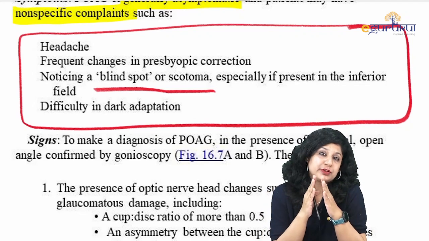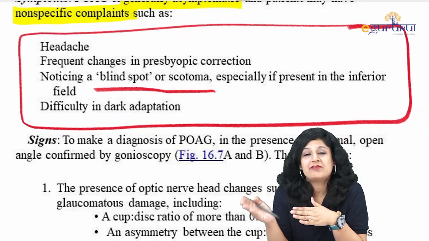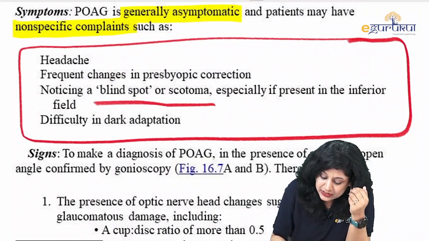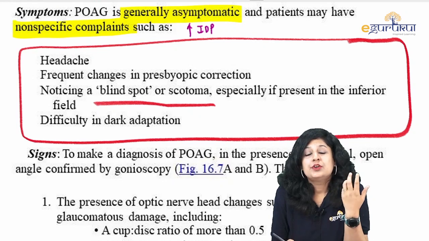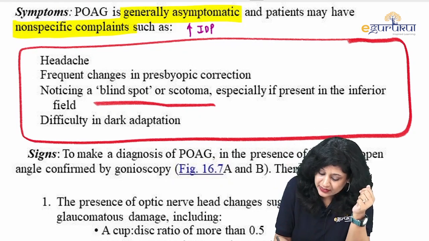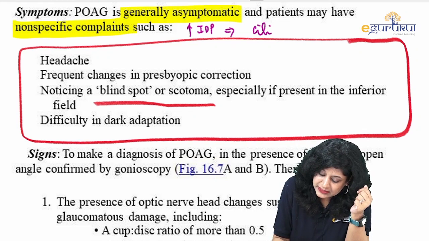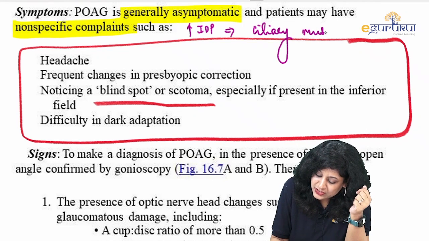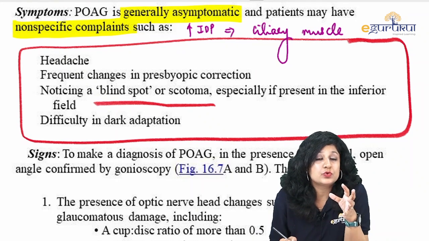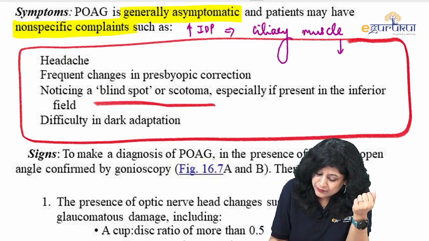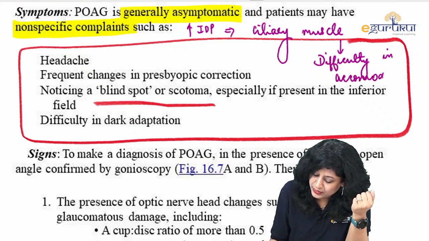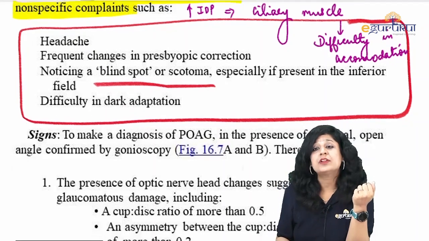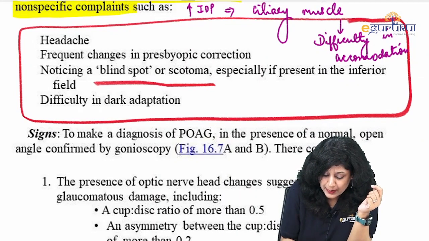What is the basis of these changes actually, why are we having these symptoms? The reason is that this patient is basically having increased intraocular pressure. The pressure is very high. Now due to this pressure, there is a problem with the ciliary muscle. There may be ischemic changes in this ciliary muscle, so the muscle is not able to act to its fullest power, and therefore there will be difficulty in accommodation. Now because we have got difficulty in accommodation, what is going to take place? There will be a problem with the presbyopic correction.